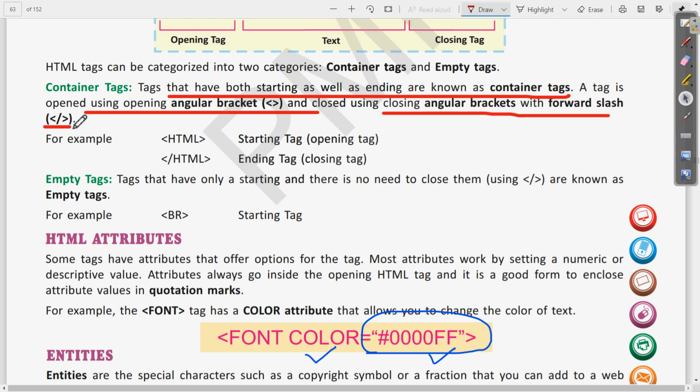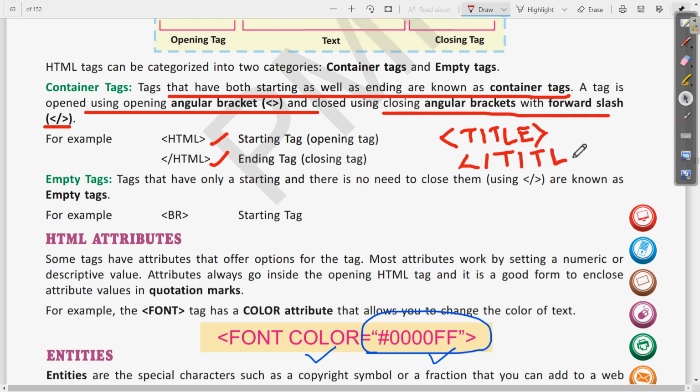Clear? So write these 2 points and give an example like HTML. There are various. So while you are writing the example of container tag, make sure that you are writing the opening as well as closing. Then others can be like title, head, body. So these are the tags with the opening and closing both. So you can give various examples of these.